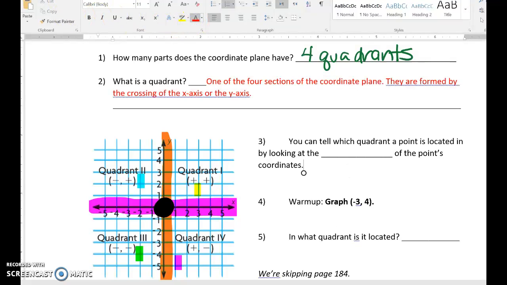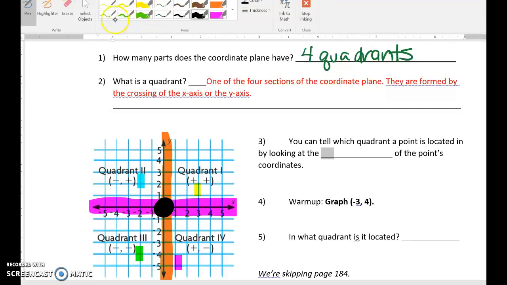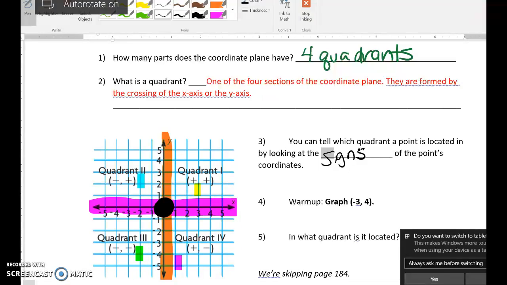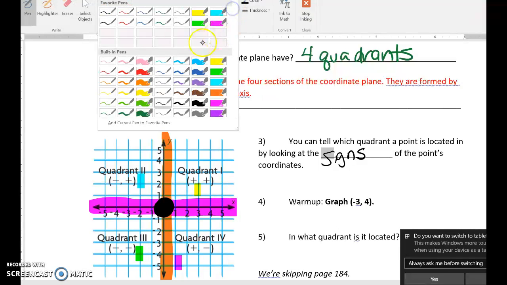So we actually can tell by looking at the signs, right? Whether they're positive or negative. Let's just make sure that's actually pen. Yeah. Let's look at the signs of the point's coordinate. So for example, let's do our warm-up. This could be on your test. Let's graph